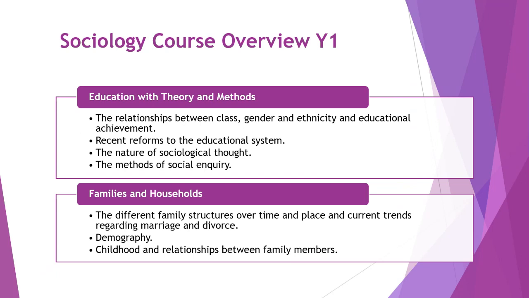On to the second year, we will look at crime and deviance in detail. For example, why do men commit more crime than women? Does the prison system work? Does sending somebody to prison actually rehabilitate them, or does it actually make them more criminal? Prisons are often described as the universities of crime. We also focus on belief in society, primarily on the nature of religion and how that has changed and whether it is still important in the context of British society.